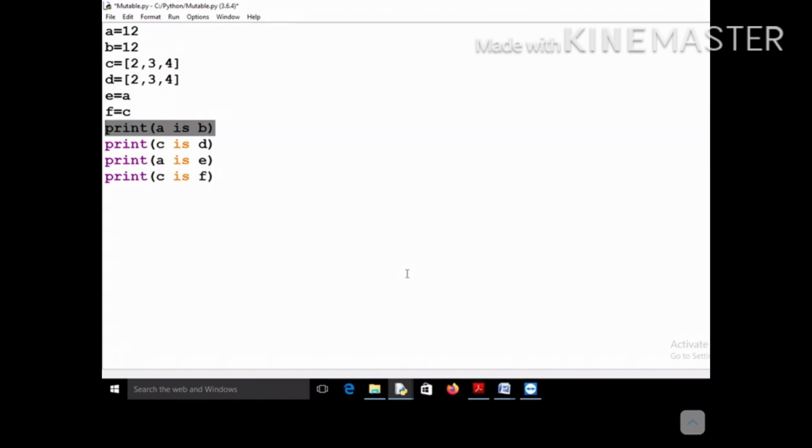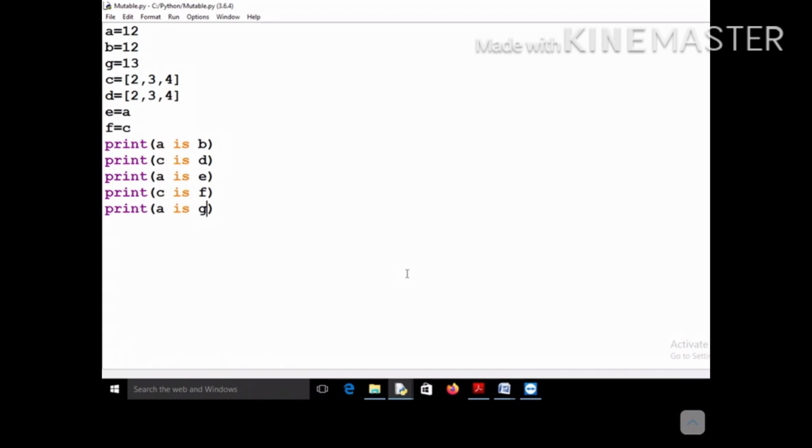Let's check the output of this program, and I can take one more variable g equal to 13, and then check whether a is g or not.